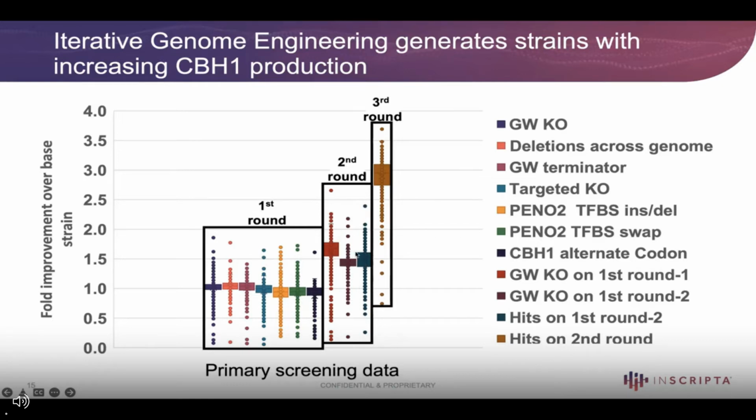What he saw is that he's starting with rich base strains that are already working well, already starting from that 1.5 to 2-fold improvement. And now he's getting greater than 2-fold enrichment, almost up to 3-fold enrichments of the production of CBH1. And this is iterative rounds on the instrument that he's executing this on. And this is done within months from the conception all the way to now getting greater than 2.5-fold improvement